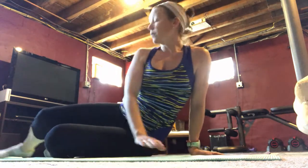Hopefully you guys have had a chance to take a peek at the text about push-ups and why they're important for runners. We're just going to run through proper push-up form, some options and modifications if you need them, and also what movements to avoid. So jumping right in,